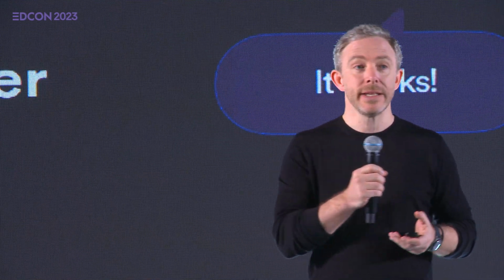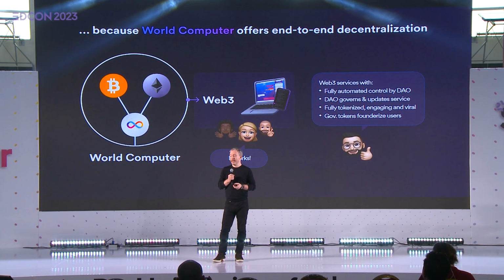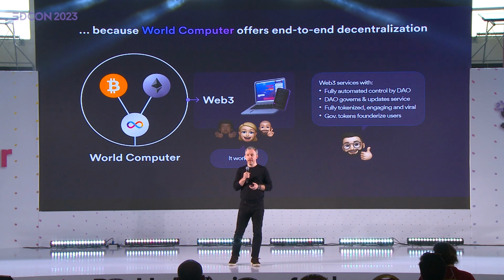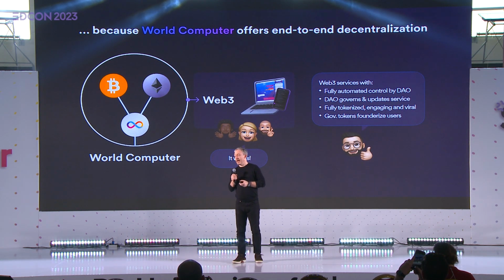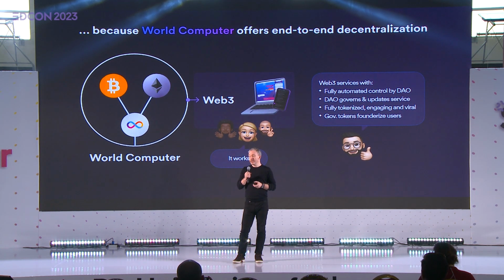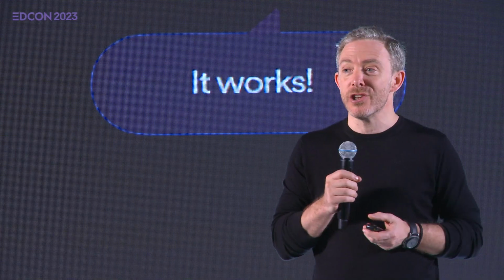So the way this is solved is through the world computer. And this vision of the world computer is one which is all-encompassing, where actually in the end, every single system and service you can imagine runs 100% on the blockchain. This has the advantages of removing those weak centralized points, but also enables new things like full automation with DAOs, where DAOs have complete control, there's no backdoors. The Web3 software updates go through the DAO, the whole thing.